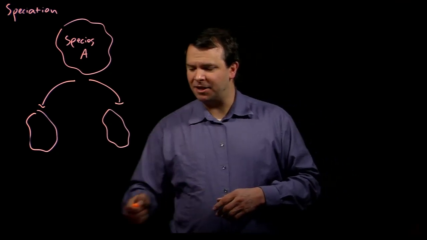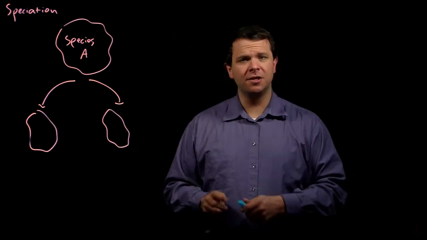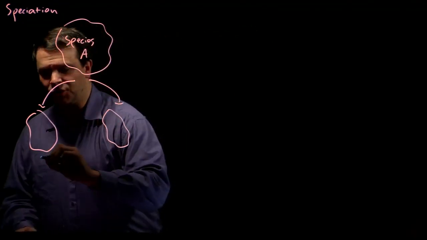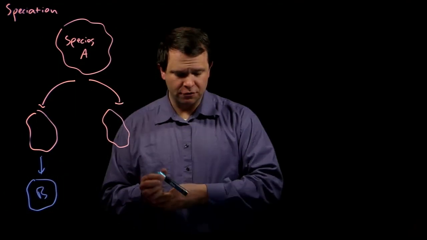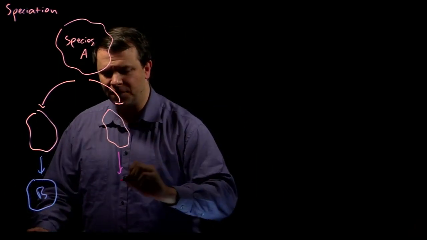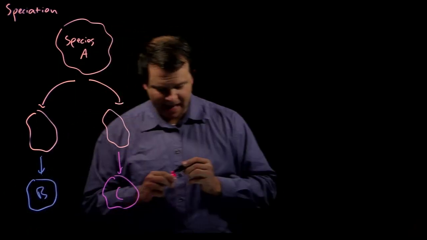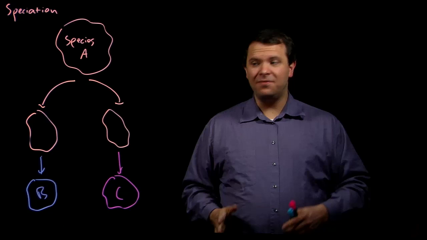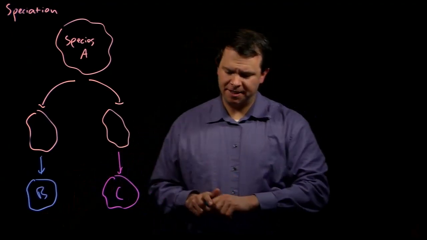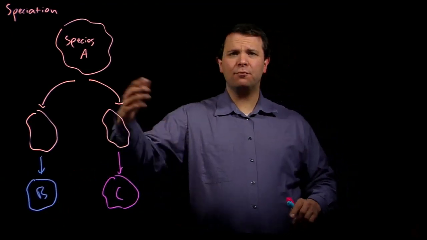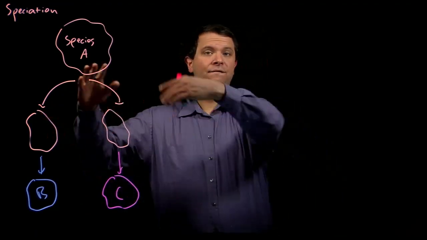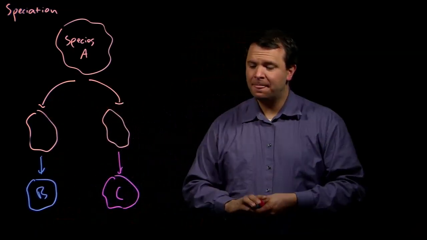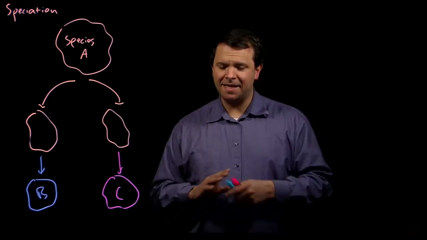As these populations continue to diverge, they eventually become so different that they can no longer interbreed, even if they were to physically encounter each other again. And thus, they become different species. And so, this process of speciation, genetic isolation followed by genetic divergence, has occurred many, many times over the course